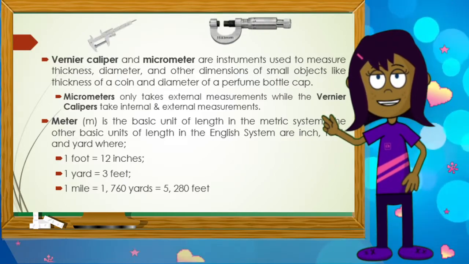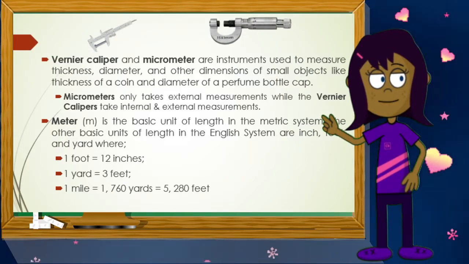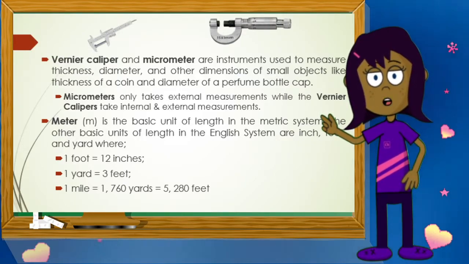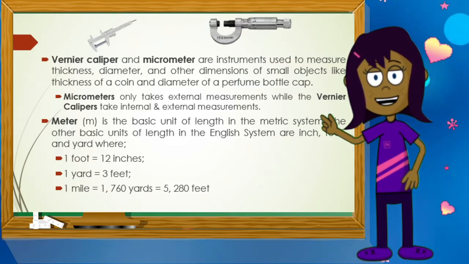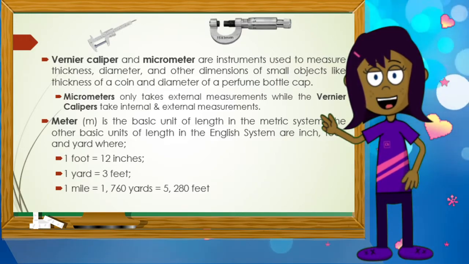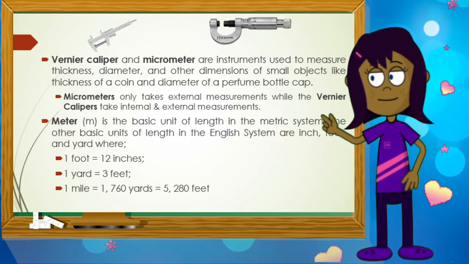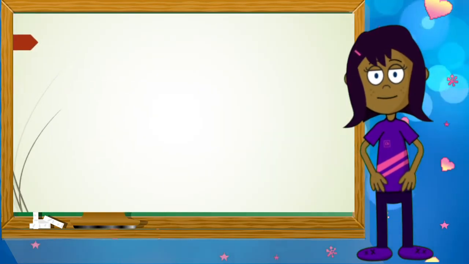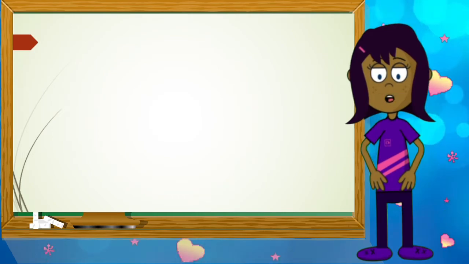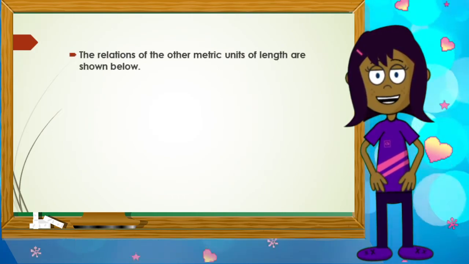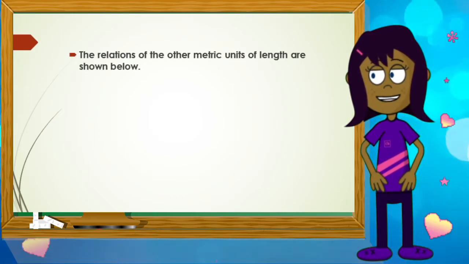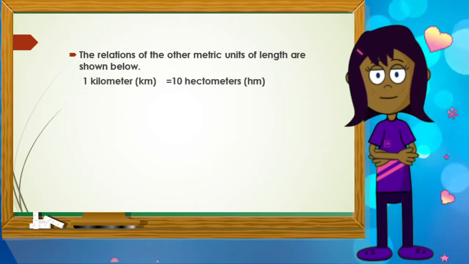So these are the pictures of a vernier caliper and micrometer. The first one is the vernier caliper. The second one is the micrometer. So the relations of the other metric units of length are shown below. So these are the relationships of the